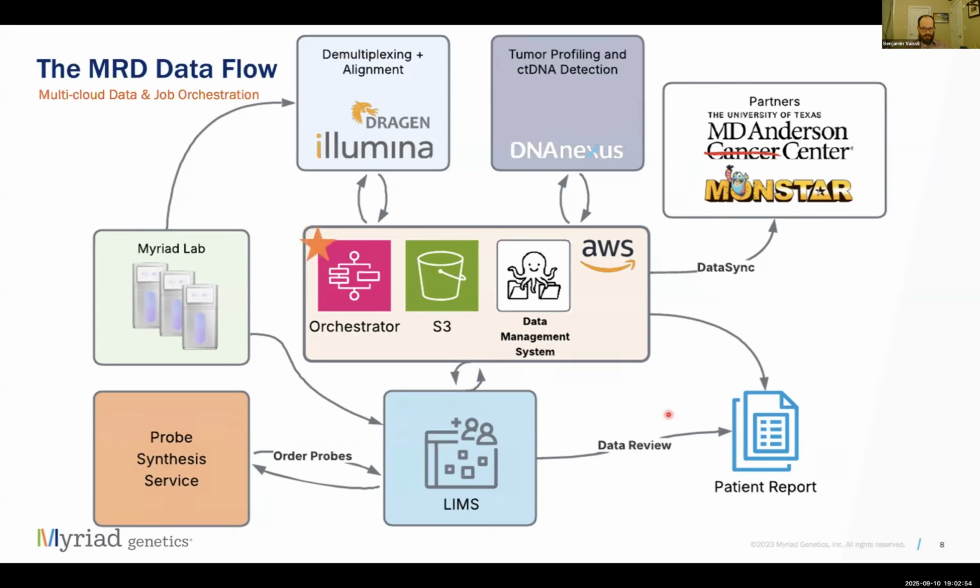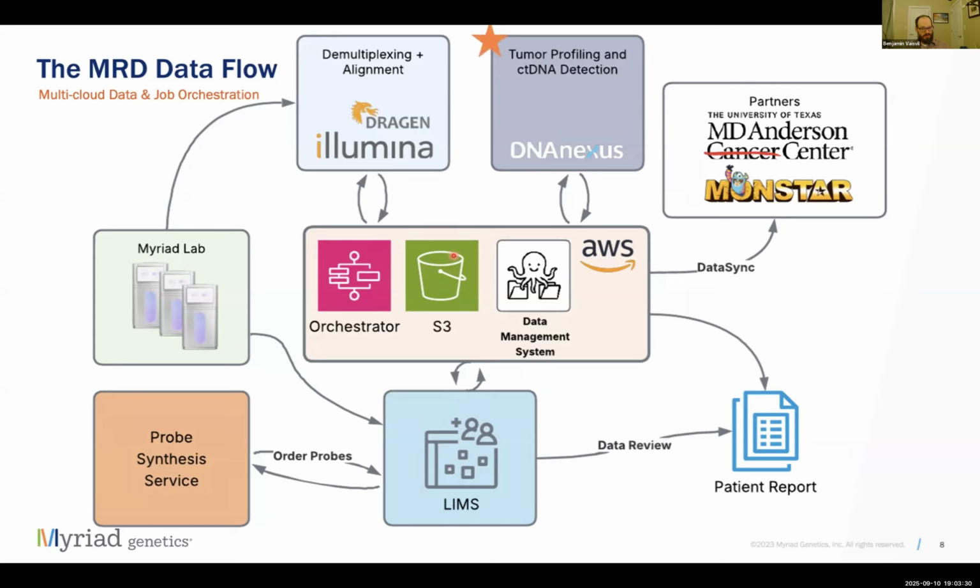The orchestrator is implemented as several state machines in AWS Step Functions. This will be covered in greater detail in Malika's talk. We have the data management system, which is a series of lambdas connected to API Gateway and EventBridge. This will be covered in detail in Eric's talk. Illumina Connected Analytics, or ICA, is connected to our S3 buckets and performs demultiplexing and DRAGEN alignment with a custom pipeline.